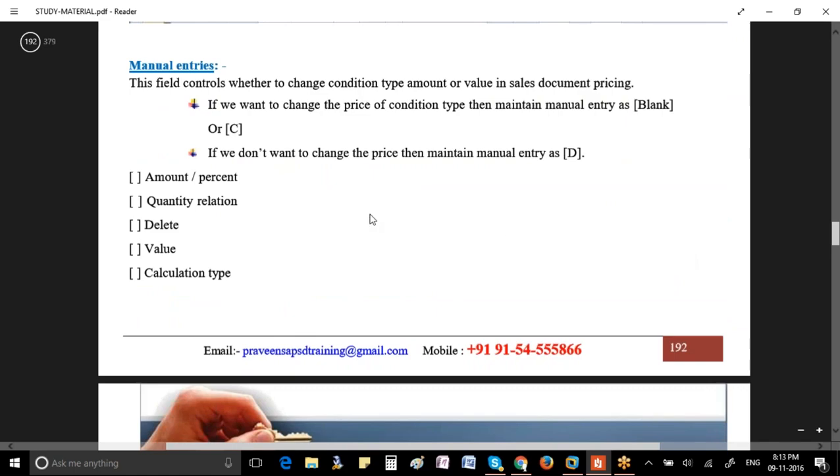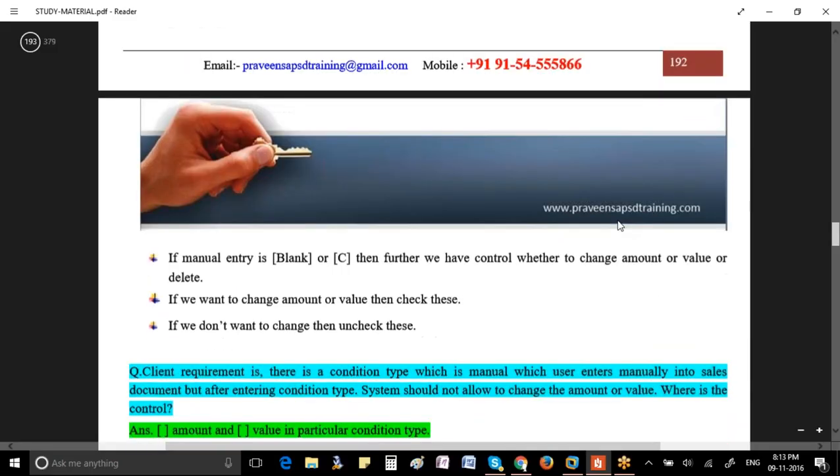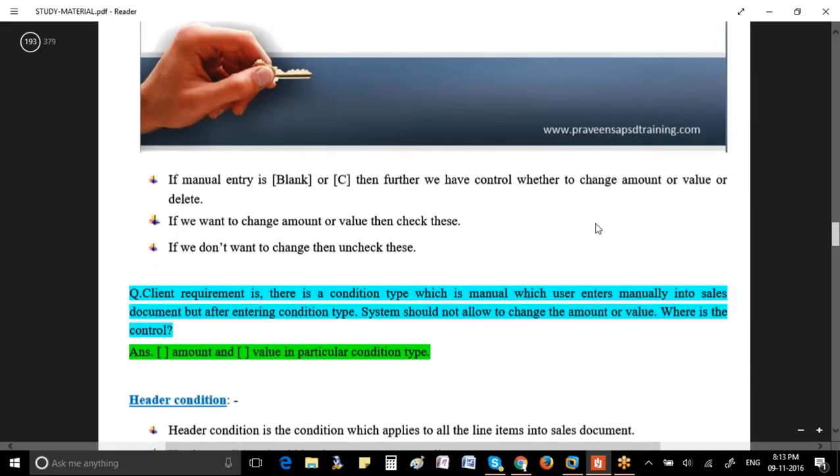Manual entries, right? So if you want to change the price of a condition type, then maintain manual entries as blank, and if you don't want to change, D for the MWSD. And an important interview question also: sometimes they ask in interviews, like, the client requirement is there is a condition type